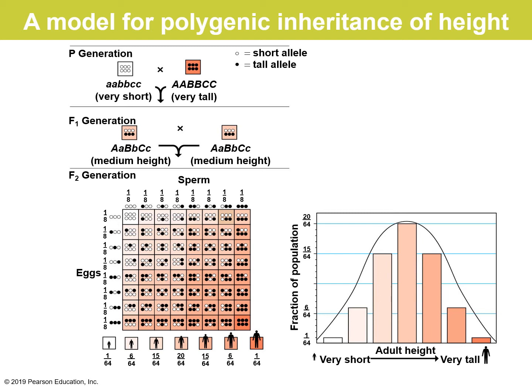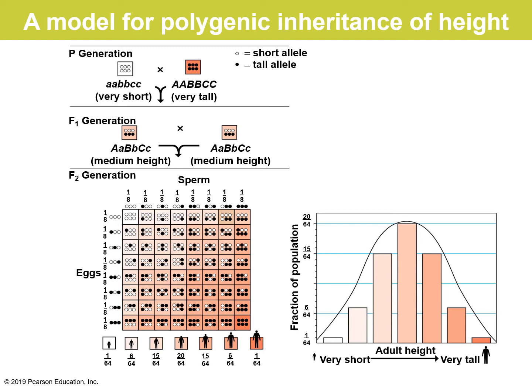So let us consider A, B, and C in uppercase as the tall alleles, each contributing 1 unit of tallness to the phenotype. These alleles are completely dominant over their recessive alleles, which are lowercase a, b, and c. That means if an individual has all uppercase letters, A, A, B, B, C, C, that person would be extremely tall.